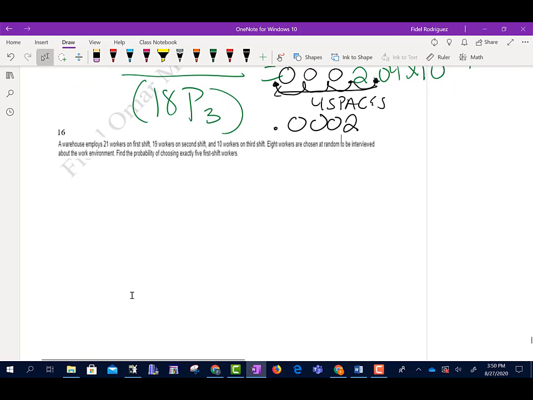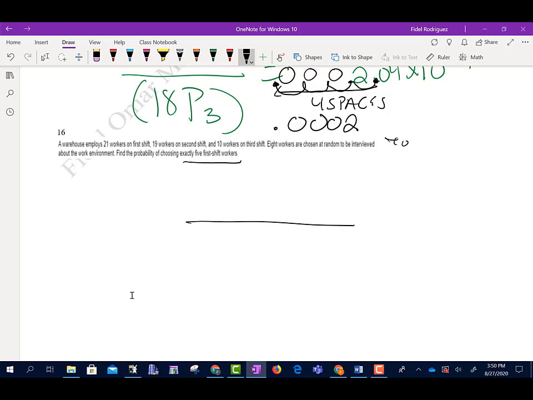All right, so let's take a look here. It says a warehouse employs 21 workers on the first shift, 19 on the second, 10 on the third. 8 workers are chosen at random to be interviewed about the work environment. Find the probability of choosing exactly 5 first shift workers. Okay, so